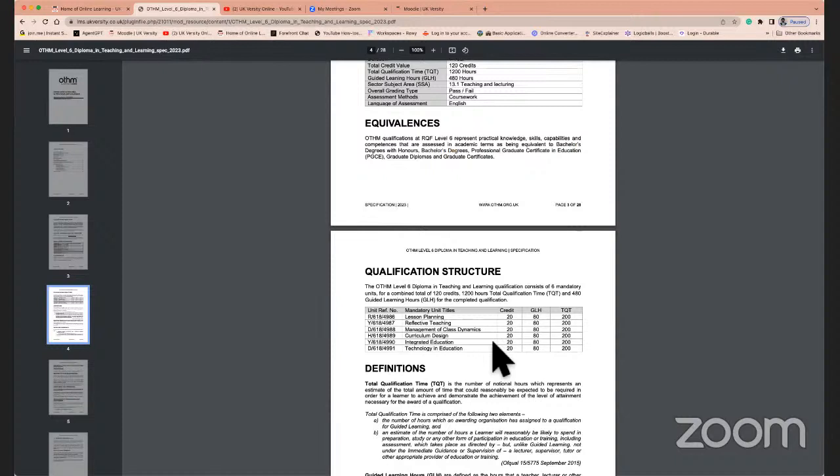Generally, it helps you understand, as a teacher, whether I am teaching in primary or secondary schools, or going up to FE level, which is further education, what are the basic dynamics that you need to be aware of. Not just understand them, but also be able to use them extremely well, is what this qualification will help you cover.